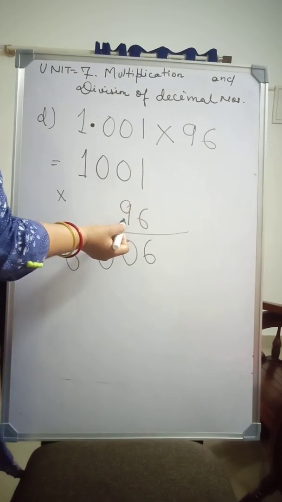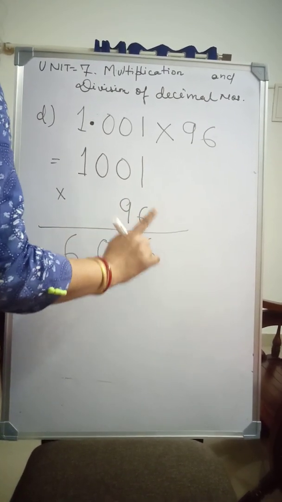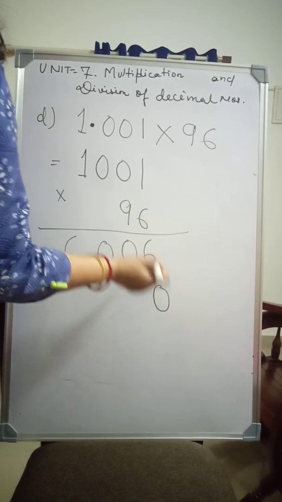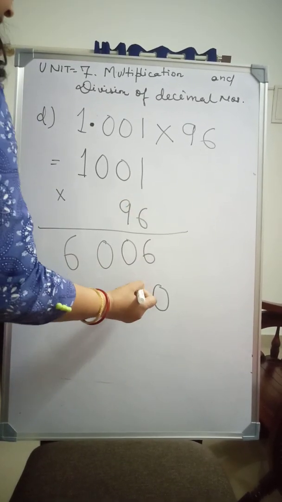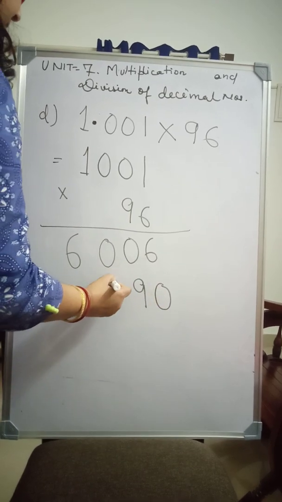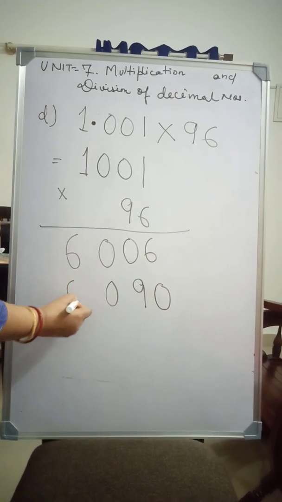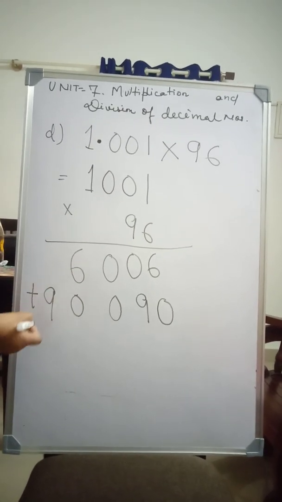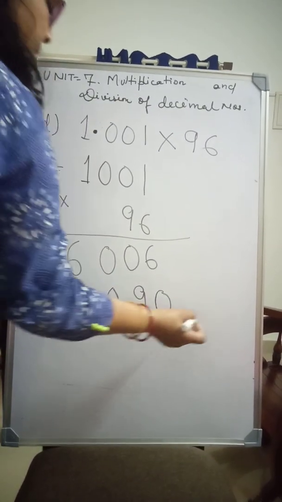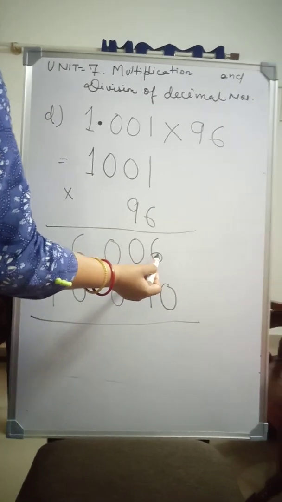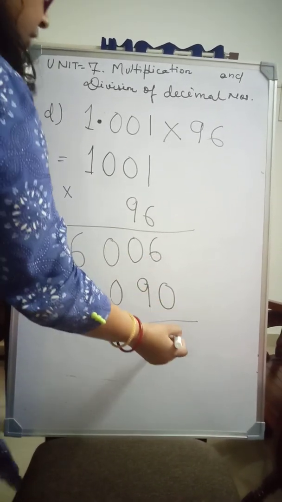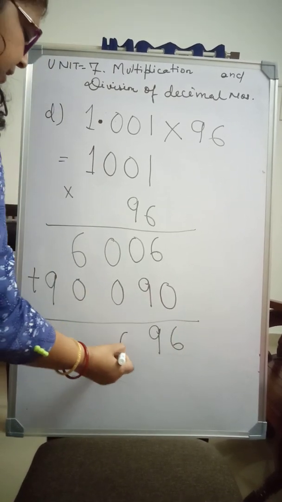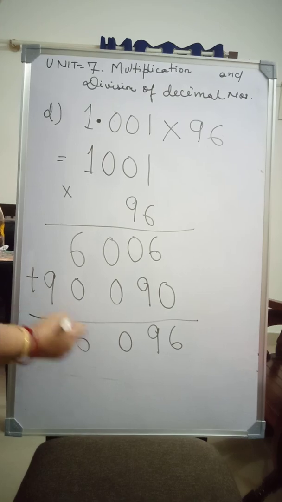Now come to multiplying by the 9 tens of the multiplier. 9 tens is having a 0, so we will put a 0 on the right side of the product. Now start with 9 ones are 9, 9 zeros are 0, 9 zeros are 0, 9 ones are 9. Now we will do addition. 6 plus 0, 6; 9; 0 plus 9, 9; 0 plus 0, 0; 6 plus 0, 6; 9.